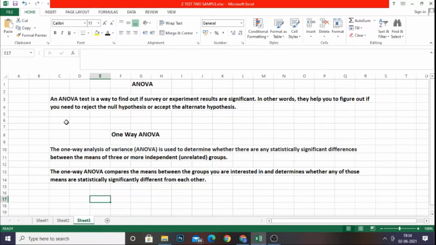An ANOVA, that is analysis of variance test, is a way to find out if survey or experiment results are significant. In other words, it helps you to figure out if you need to reject the null hypothesis or accept the alternative hypothesis. So it can be used to test the hypothesis for the problem we have in the research. And in one-way ANOVA, what we are going to deal with today,